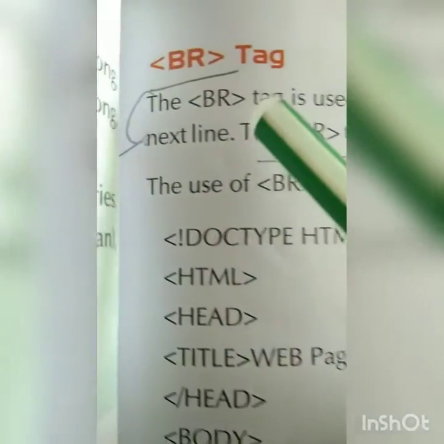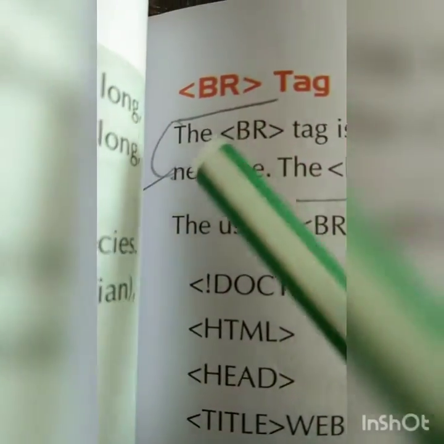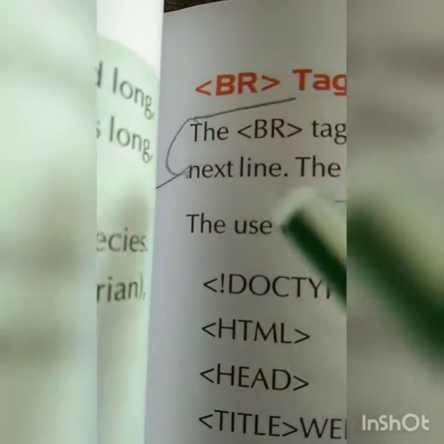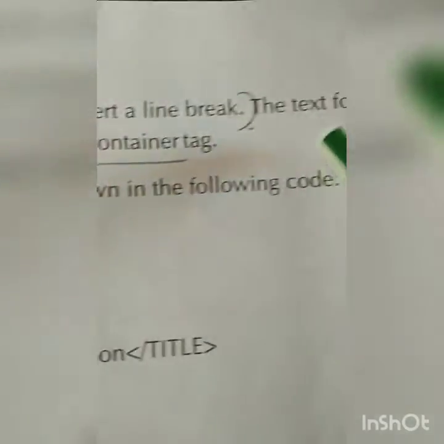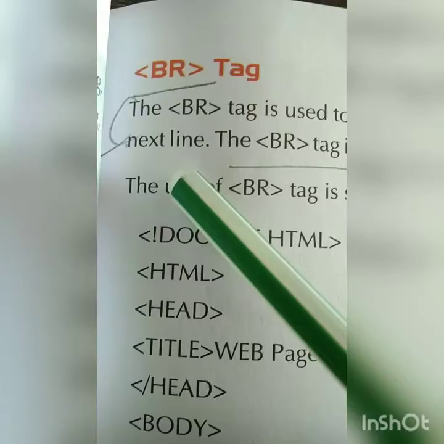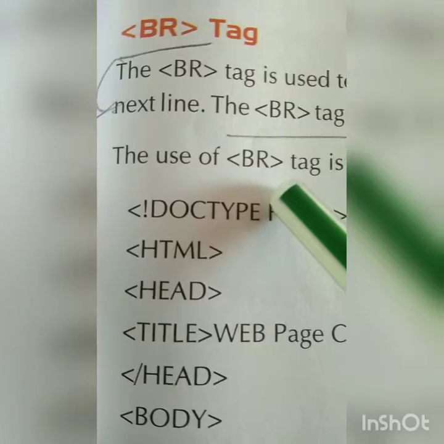Now we will learn how I can break my work, okay. For example, after 2 or 3 lines I want to break my work in the document, and I want to start on another 2 lines after 2 lines. So here it is given, that is the BR tag. BR tag means BR is a short form of break. The BR tag is used to insert a line break, okay, means to break the line. The text following the BR tag appears in the next line. Means you are breaking one line, already completed one line, and now you want to go to the second line.